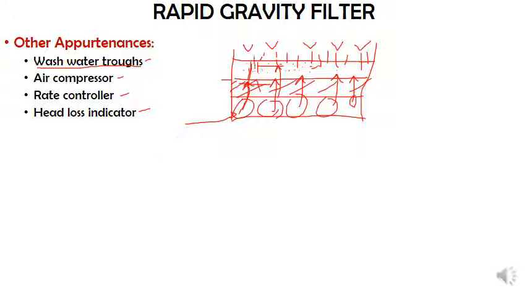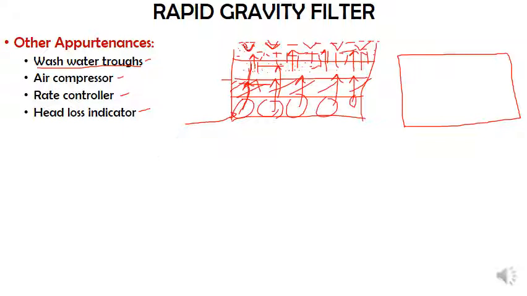As this pressure is increased and the water level increases inside the treatment unit, the water level will slowly go on increasing. Once the level goes beyond these wash water troughs, all this dirty water will be taken inside, and these will be running throughout the length of the treatment plant. If I try to draw the plan over here, it will be something like this. These V channels will be running all along the length of your rapid gravity filter.